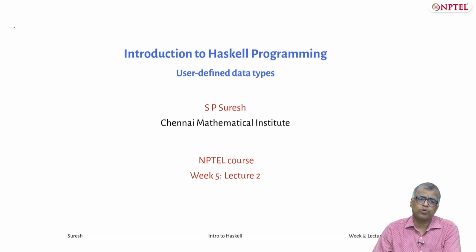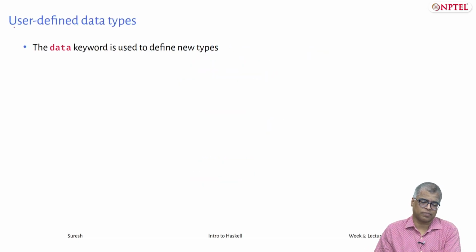So far you've become used to using data types that Haskell provides for you. Of course, given the data types that Haskell gives you, you can build some of your own, like you can form your own pair type Int Char, let us say, or list of Int, etc. Haskell provides you some basic features of combining existing types into new ones, and it gives you a stock of built-in types. But there are new types that the user can define on her own. We will look at how to do this in this lecture.